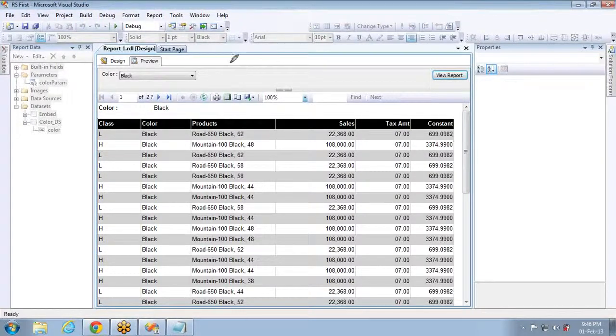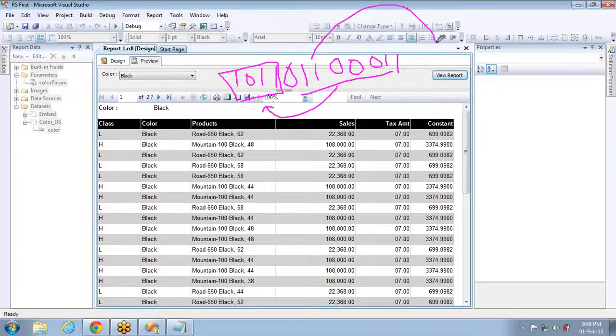Let me show you an example. 699.0982, let's say it is converted to this value, 10110, something like this, 1 1 0 0 0 1 1. If I give a left shift of 4 bits, then these 4 will be shifted. This guy will be shifted to here. So this will become a new value, and this new value will be converted again to an integer, and that integer will be displayed here.